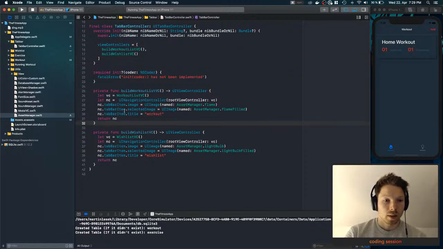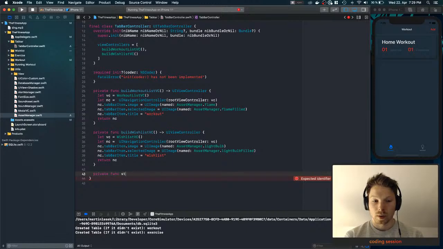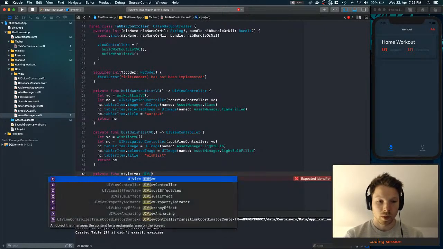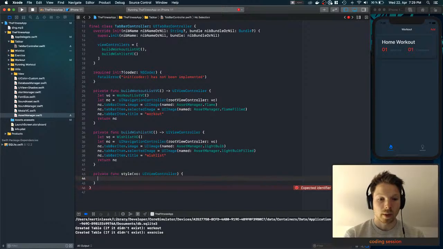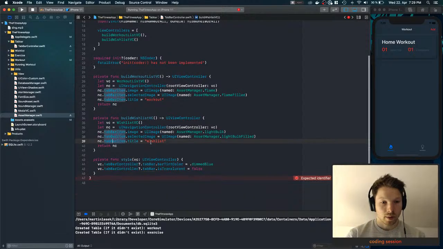So let's say we can say private func and then say style view controller, UI view controller, because it has a similar style, right? So the VC of that and